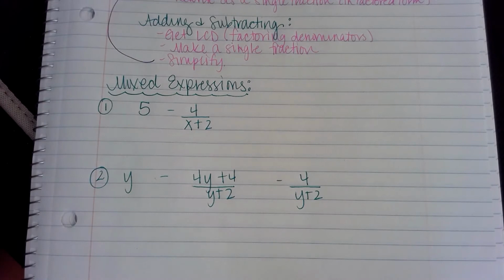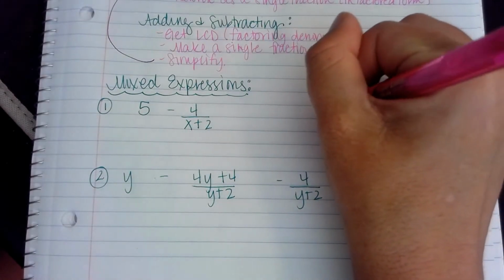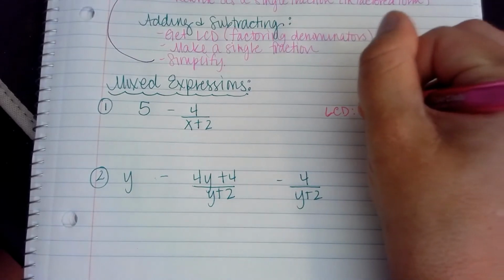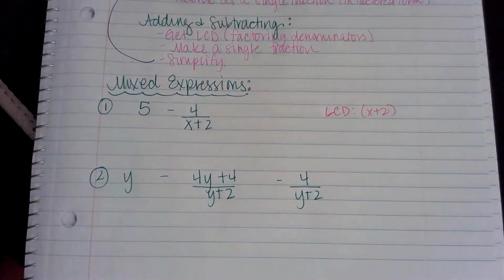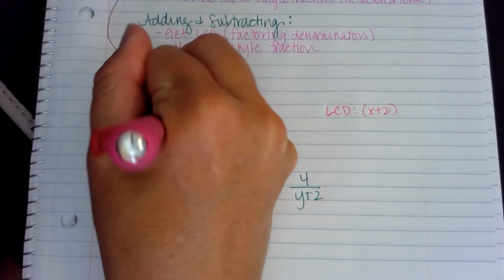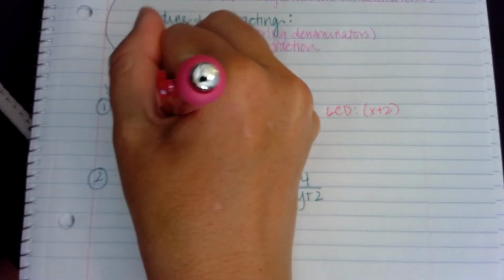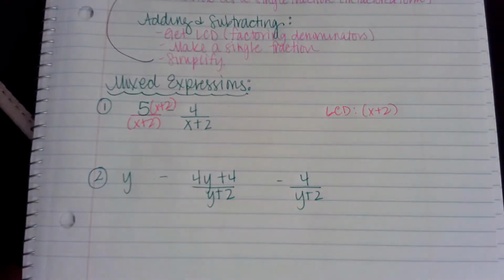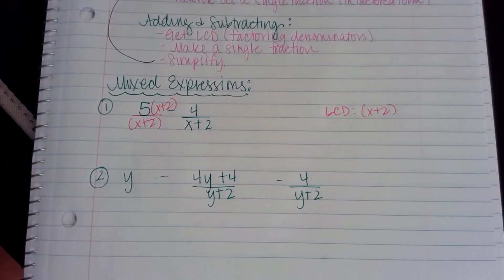So they need to have a common denominator. And their LCD would be x plus 2. So what I'm going to have to do is on this one, give it the LCD. So I multiply it by x plus 2 over x plus 2. Okay. So from there,